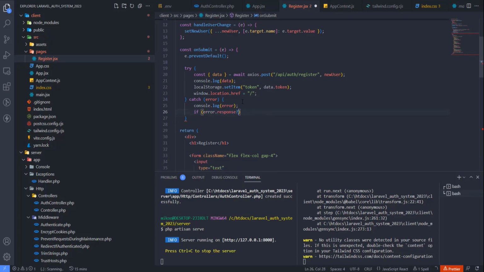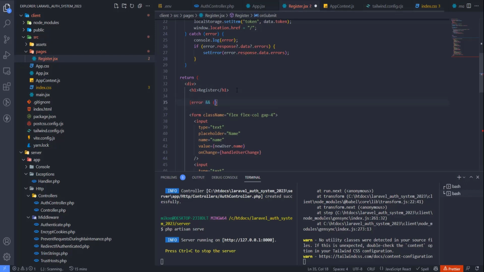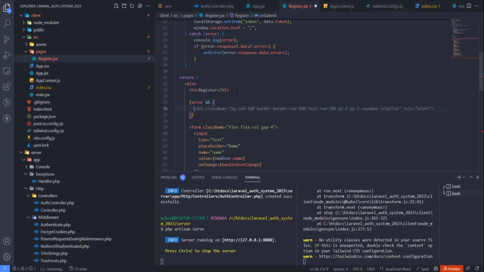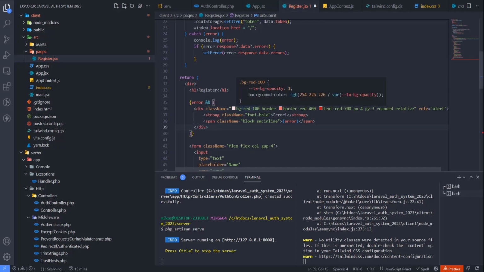response data errors, then we'll just say setError response data errors, and here we can just say error, and just like so. So we can have my GitHub Copilot automatically generated some